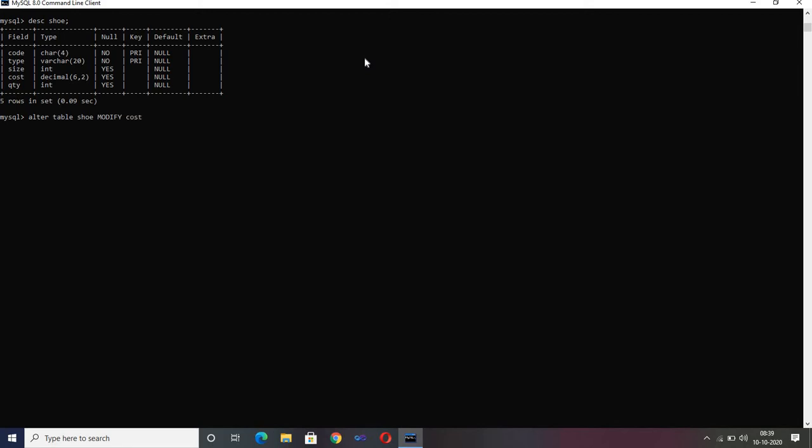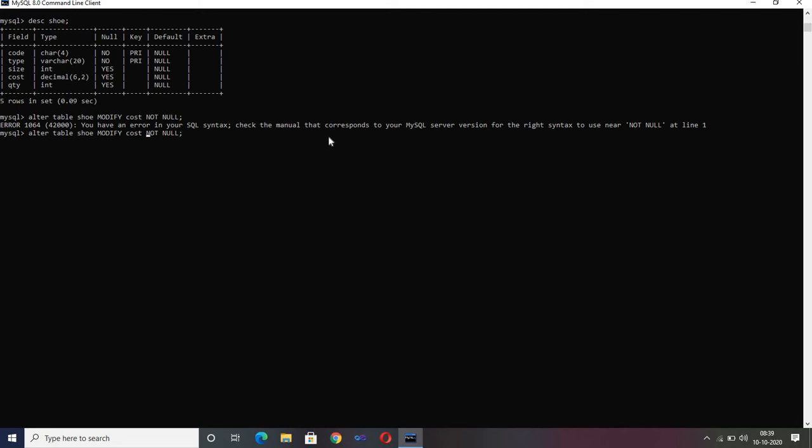After this, the name of the constraint is not null, with a space. There was some error. Sorry, I forgot to write the data type over here.